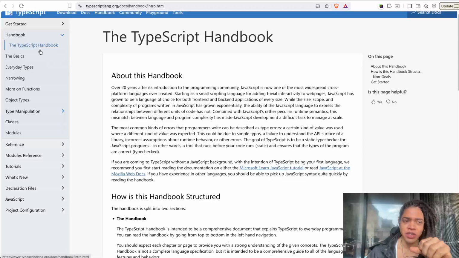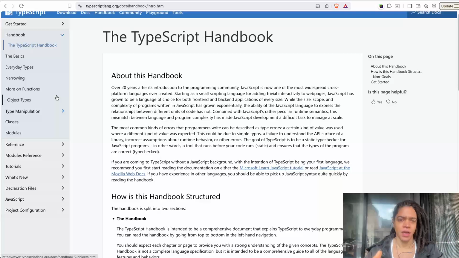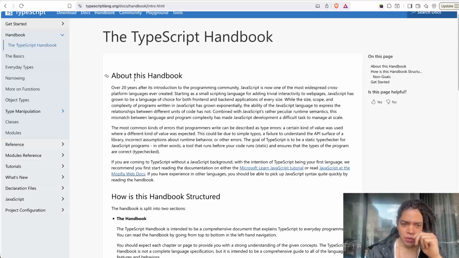It's to start from scratch until I reach narrowing and object types, which is the intention of today's video. So in the next 15 minutes, I want to walk through this, okay, and go as far as possible to expose myself to the docs or to the handbook, right? Got it. So about this book, over 20